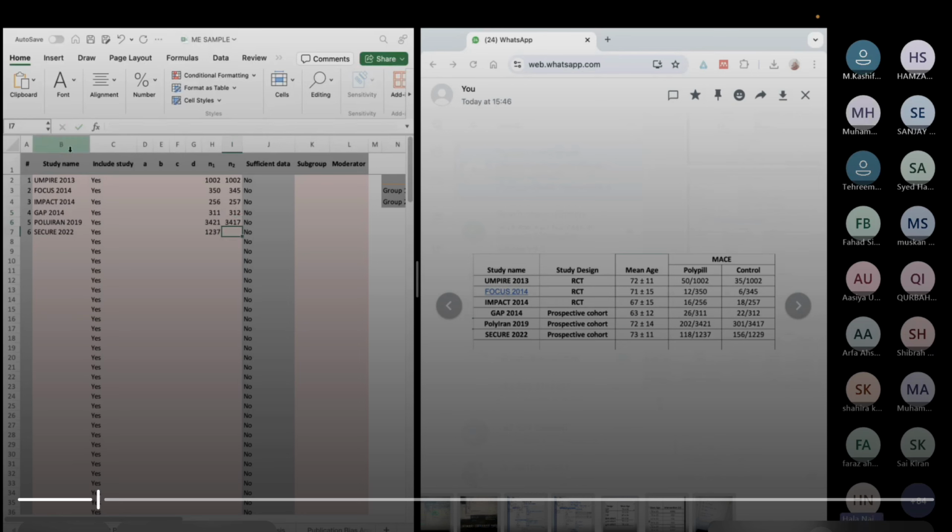Okay, so what I've done is in the input tab where you can see this, in the first column, study name, I've added the studies that you can see on my screen. These are the 6 studies that we had, and then N1 and N2 is the second column that I'm filling in. N1 is the total number of patients in your intervention group, and N2 is the total number of patients in your control group. You can see the screenshot on the right hand side. I also sent it on the WhatsApp group. I'm just filling in the total number of patients, and I checked the WhatsApp group.